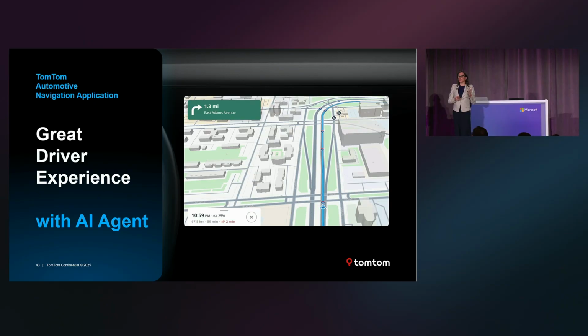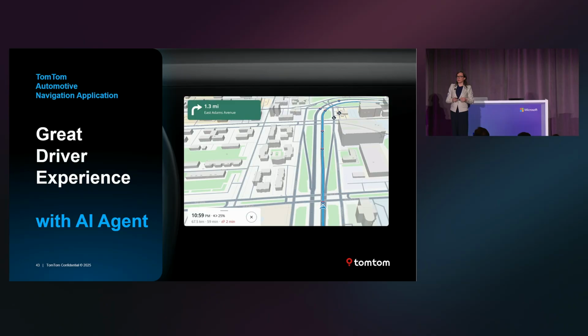Now, looking at a great driver experience with AI agents. We know that drivers really want to have a personal assistant in the car. So driving is the use case for voice assistance. The problem today is voice personal assistants are still quite unreliable, so they often don't parse your intent or query, and this leads to frustration and then non-usage.